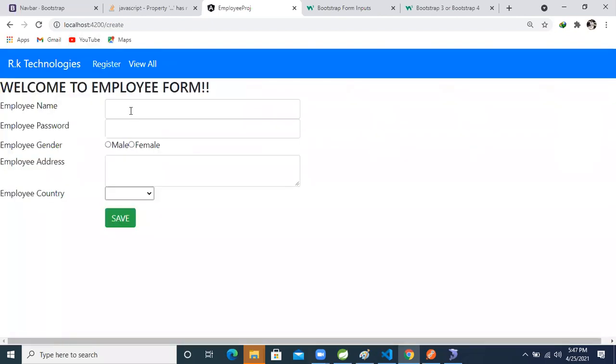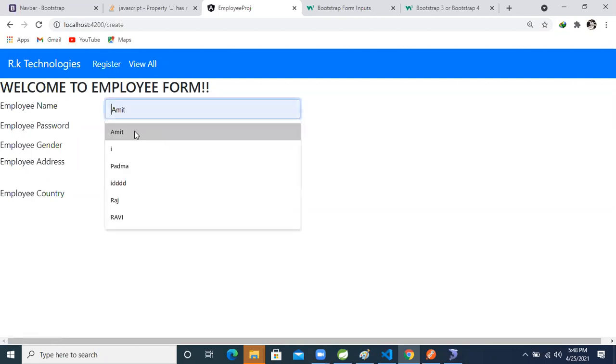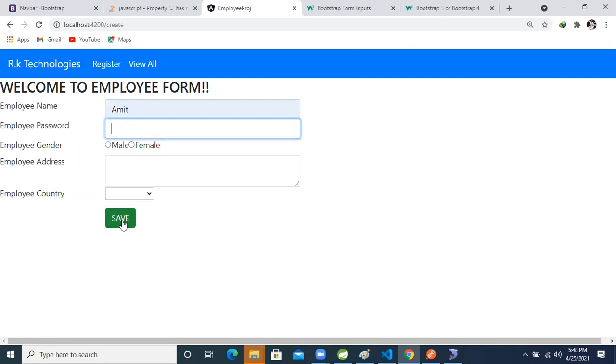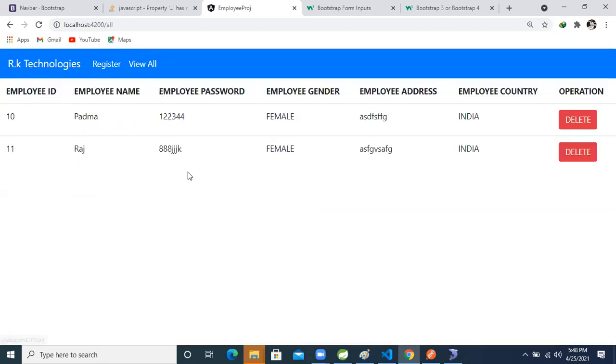So again, if the end user wants to store a second record, then every time the end user will hit the register button. Don't think like that only, okay? Because of that, I already designed it. I can give that whenever we click on this and save, directly this view all page will come. There is no problem in that, but that is not good designing.